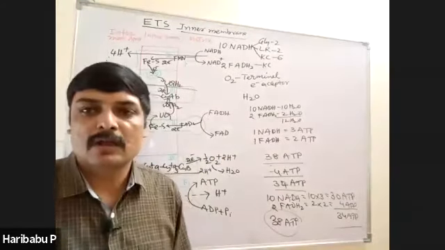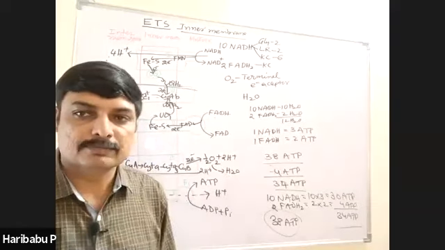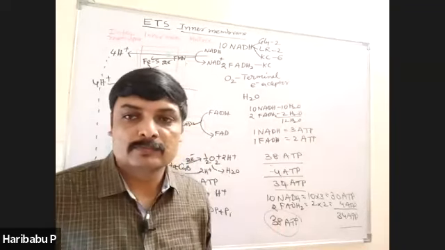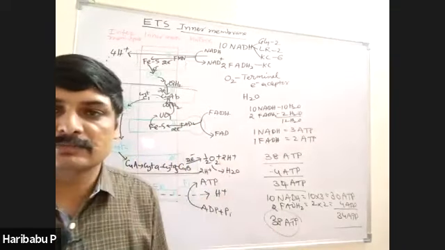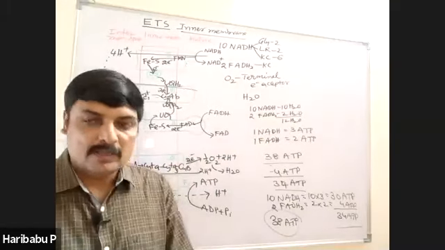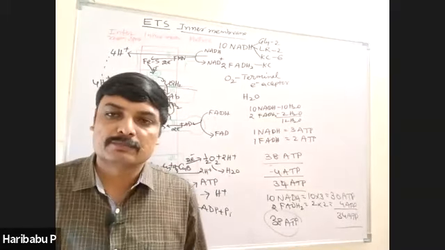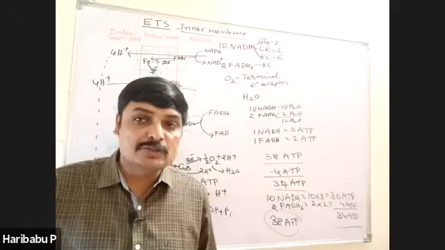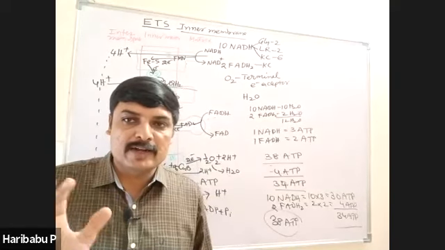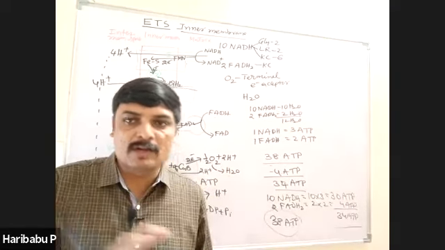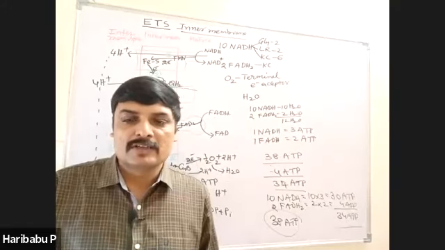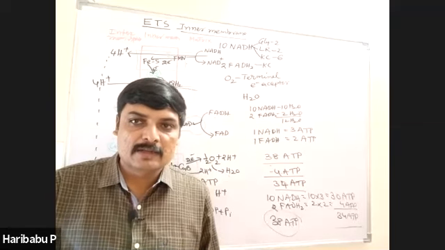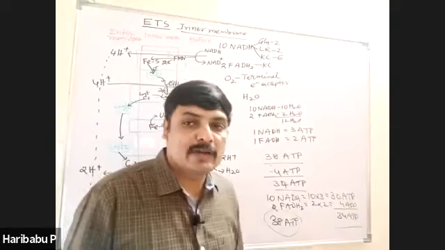So that is about the electron transport system. All these values are true based on certain assumptions. This is true if glucose is the respiratory substrate. And this is true if all the steps of respiration occur in sequence. And this is true when no intermediate substance moves out and is not utilized for anything else. If all these are correct, then only these values are supposed to be right.